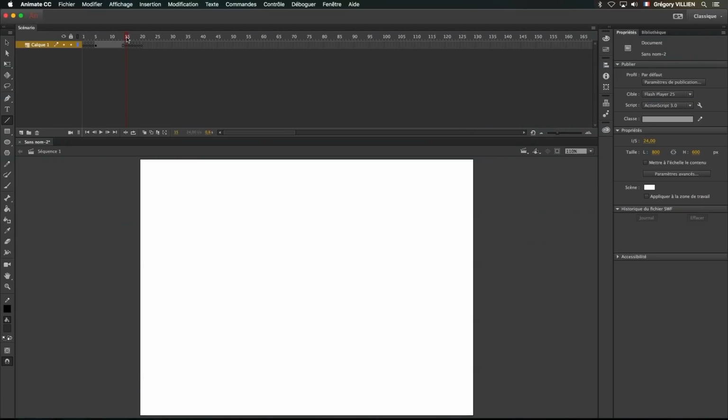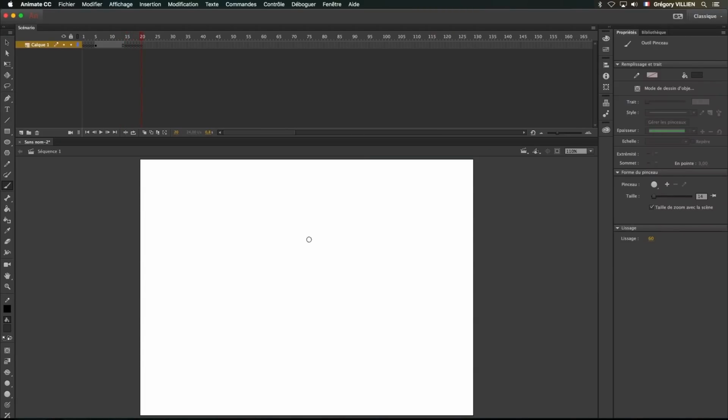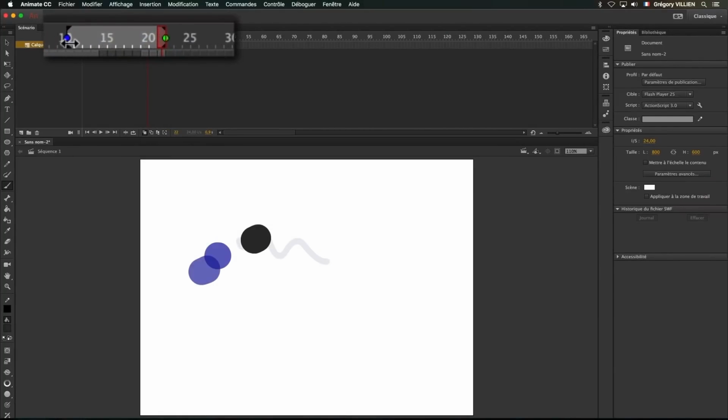Now for the demo, hop to the new keyframe. I take the B tool, brush, I can change the size, and here we can start to make our first ball. I advance to the new keyframe. Here the problem is that I'd like to see my previous keyframe. Here we'll have the tool Onion Peel. It's going to allow us to show all the frames behind it.